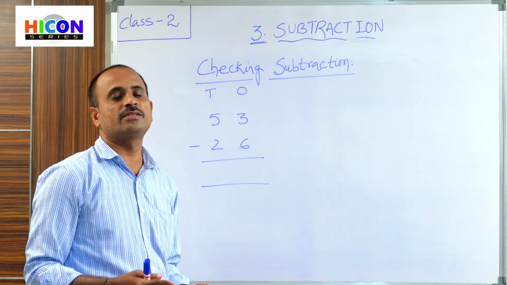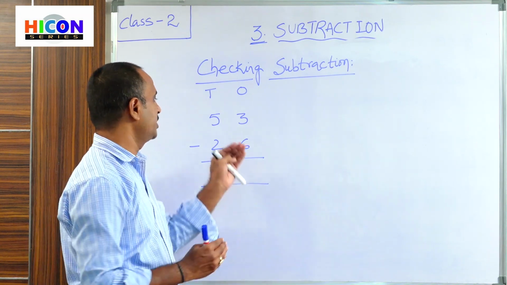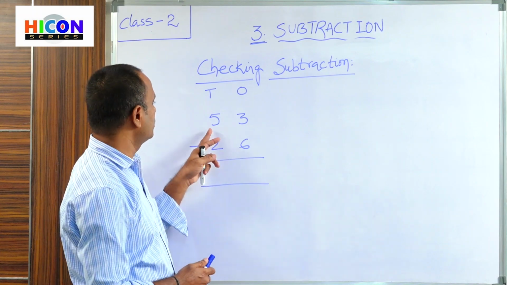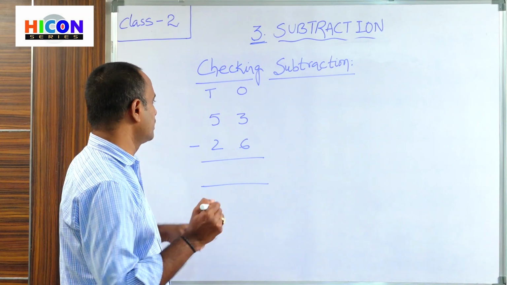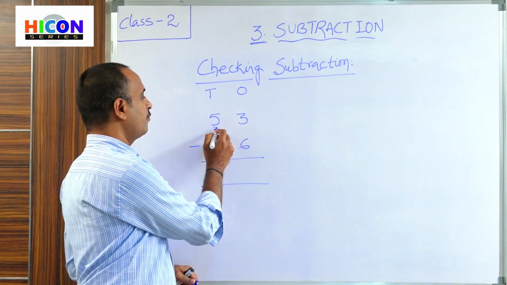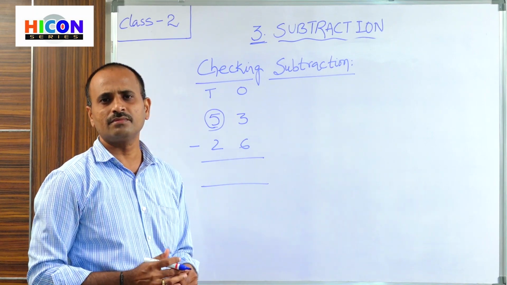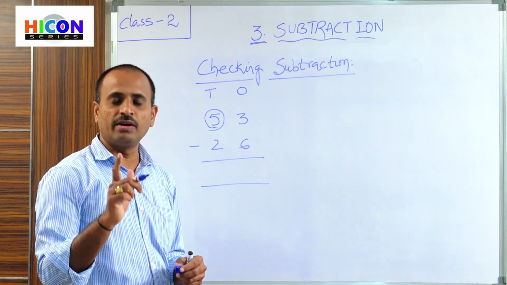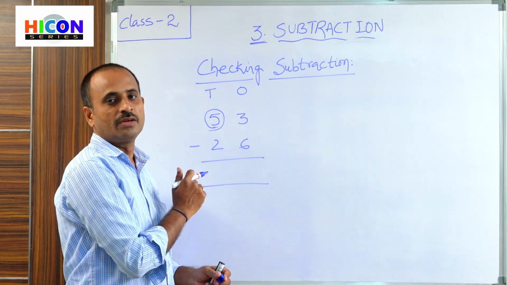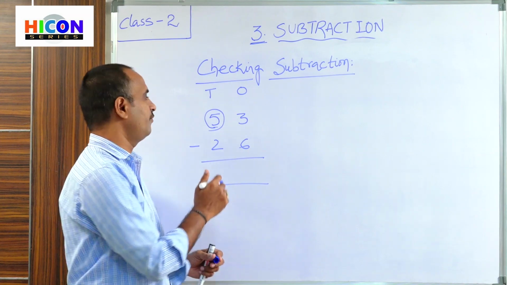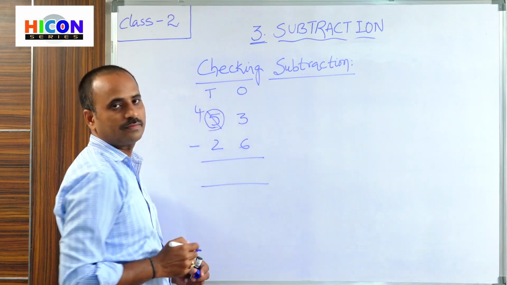We have already discussed that if the subtraction is not possible, we have to borrow from the next place. What is its next place? The tens place. So, borrow from the tens place. What is the digit present in the tens place here? 5 is present in the tens place. That means 5 tens are there. Borrow 1 ten from 5 tens. If you borrow 1 ten from 5 tens, how many tens will be here? There will be 4 tens here.